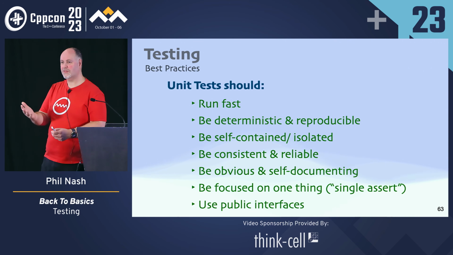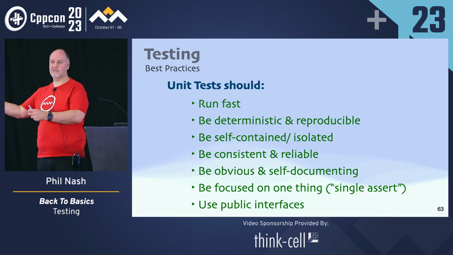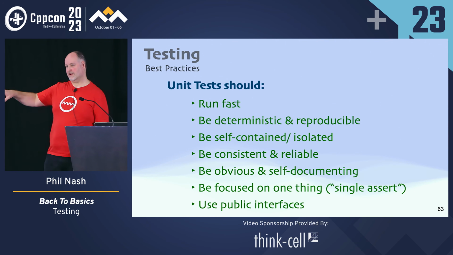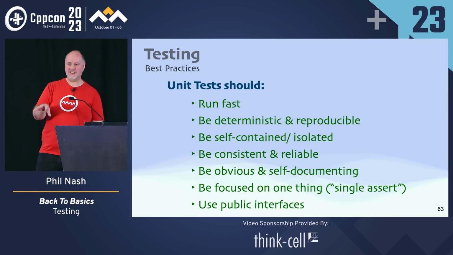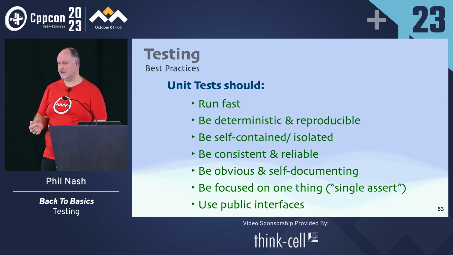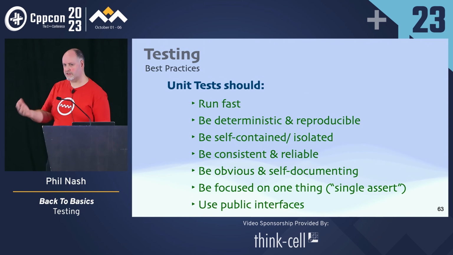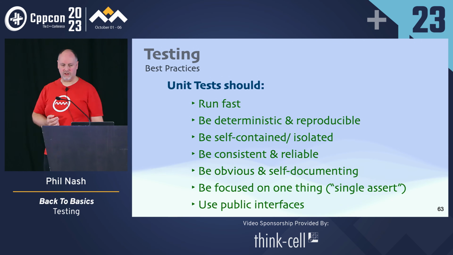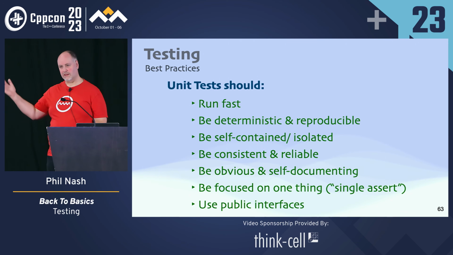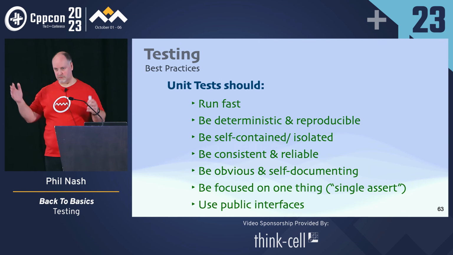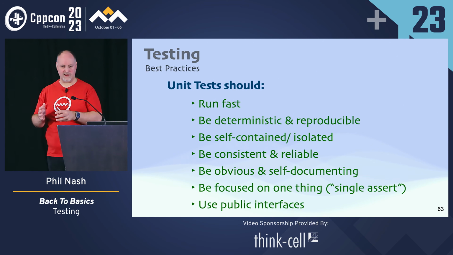Because you're relying on the test to not prove the correctness, but at least check the correctness of your code. But if you can't tell that the test is correct just by looking at it, it's much less valuable. And it's much harder to maintain and for other people to see what's going on. The same does apply to normal code as well. But I think with test code, we have the opportunity to be much simpler and more obvious and direct.